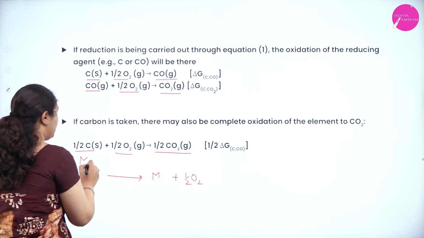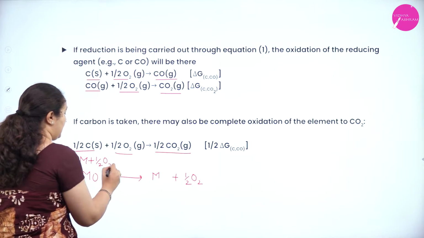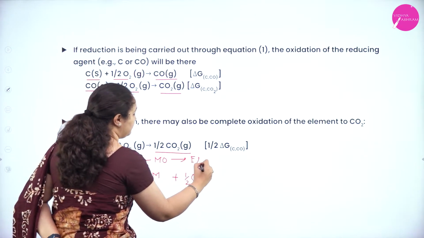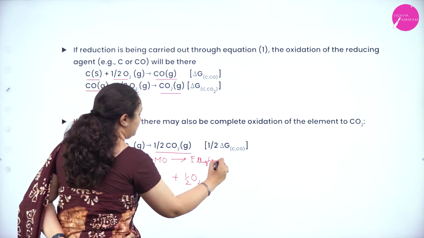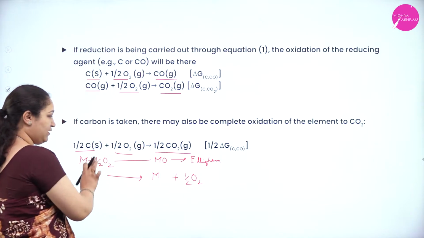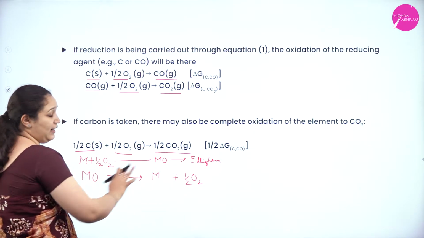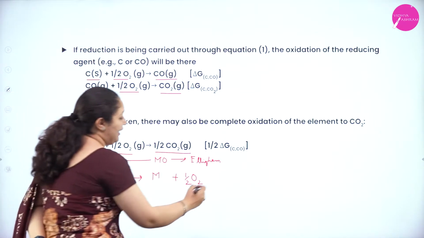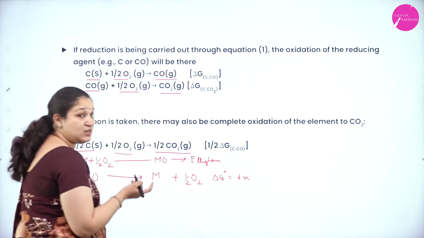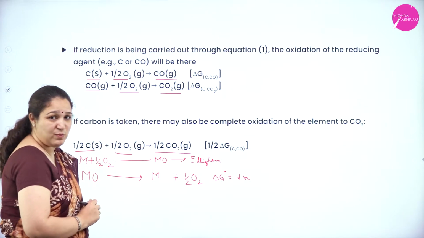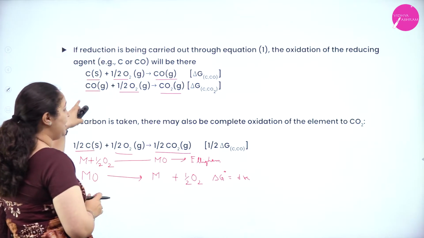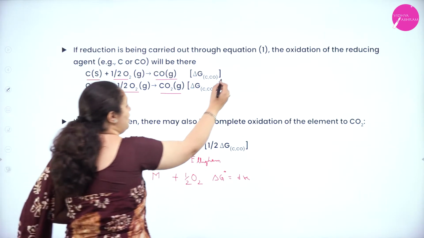What is the reaction which I have got? This is the reaction which I have got in the Ellingham diagram. Okay. I just reverse it. I'll get MO giving metal and oxygen. And delta G naught values also will become positive here. Because it was negative there, here it becomes positive because I've reversed. Now I add with the reactions whose delta G is already negative.